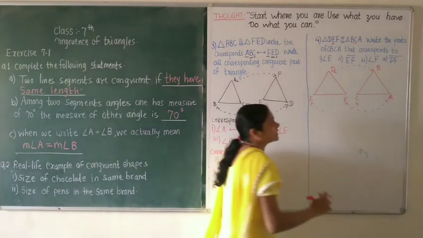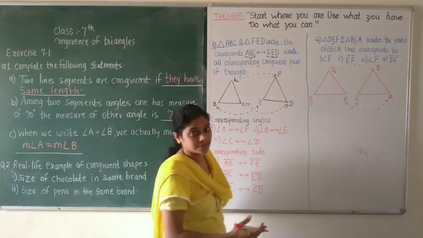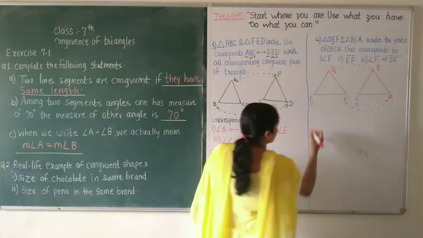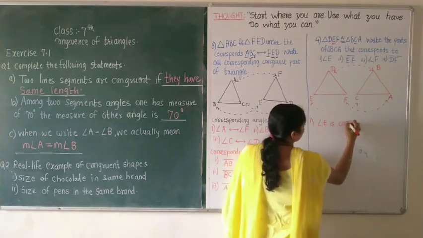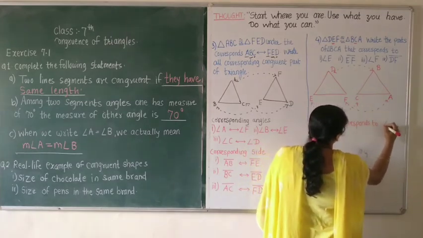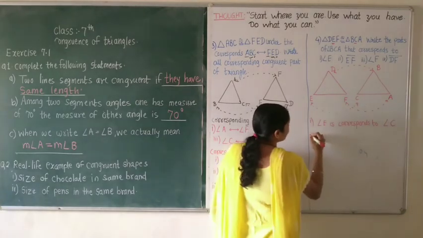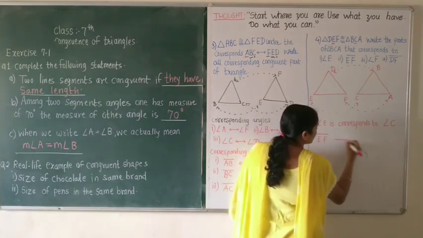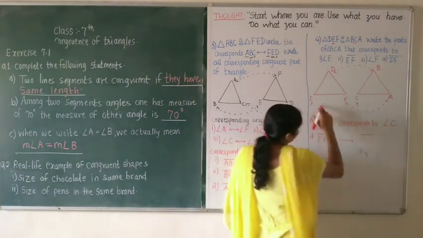Okay. So like that, with the help of this diagram, we will find out the corresponding parts of triangle BCA to the given parts of the triangle DEF. So the first one, angle E corresponds to angle C. So we will write here C. Second, segment EF corresponds to, instead of the word we can use here the symbol, segment EF corresponds to segment C